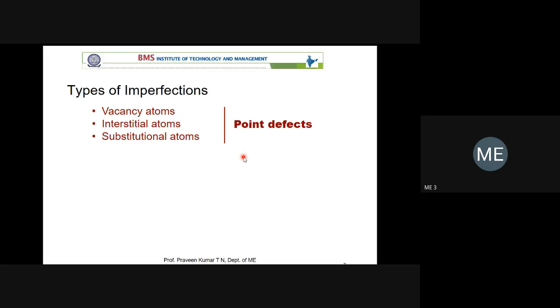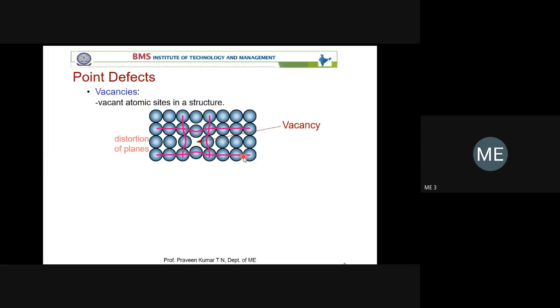Don't give the class example in the exam. Don't explain that; I explain just to help you understand. Then one more type of defect is the line defect. Line defect is also referred to as a dislocation. When a group of atoms are missing from some edge, then it is referred to as a line defect. There is a grain boundary. Those are the area defects. The point defect we have already discussed. Vacancy, one atom is missing.